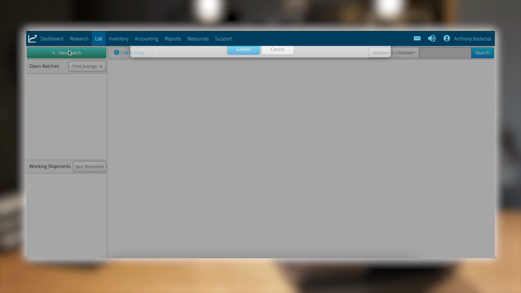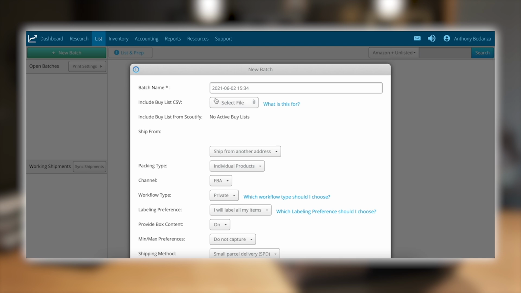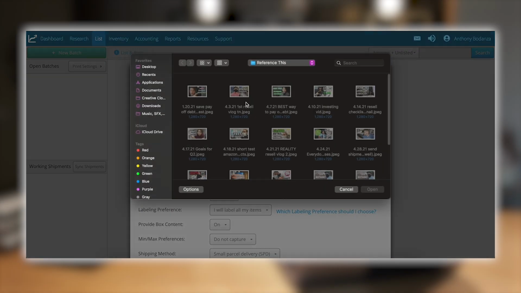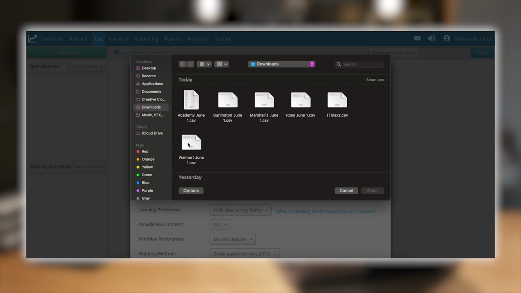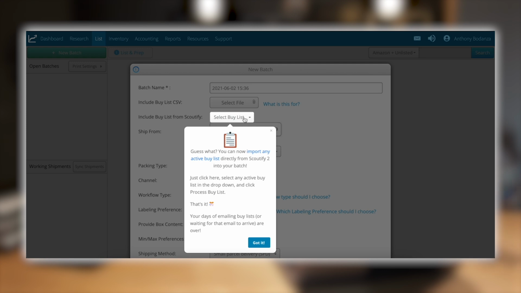So when you hit new batch, it's gonna pull up this pop-up window. And this pop-up window is gonna allow you to create a batch name. This is gonna be June 1 for me because it's the first shipment that I'm sending in June. And then we'll search for our file to create our buy list. So we'll pull up our downloads folder and just start with the first shipment. We'll start with Walmart. So it looks like there's actually recently been an update and I can import active buy list. So after we've selected our buy list, either by adding it from Scoutify 2 or just from our email,